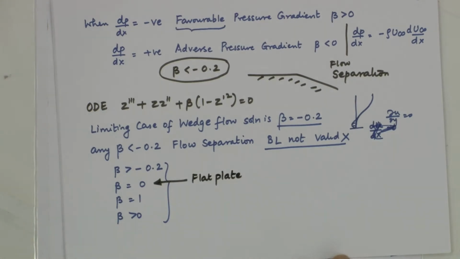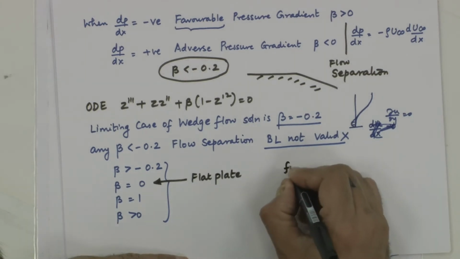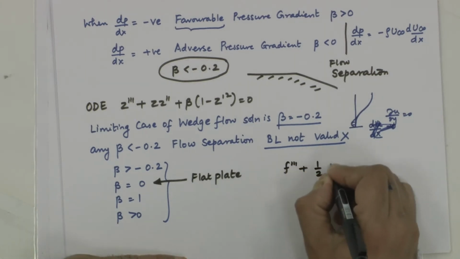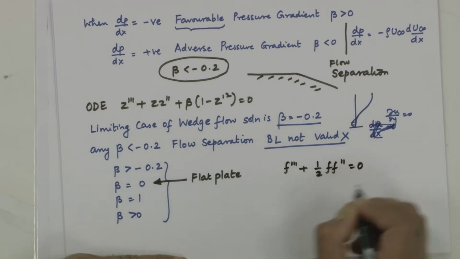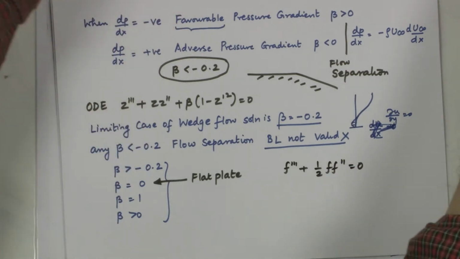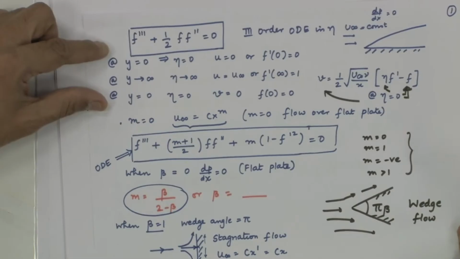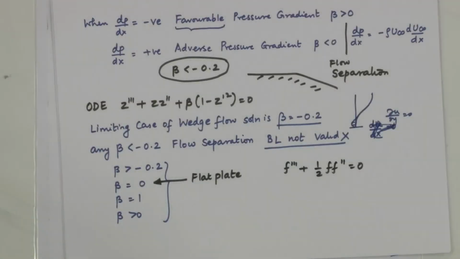And when I do this flat plate business, if I go on to write the solution, f triple prime plus 1/2 f double prime equal to 0, subjected to the boundary conditions that I just mentioned to you. I would get, this is given in most undergraduate textbooks, what is called the Blasius solution, and the Blasius